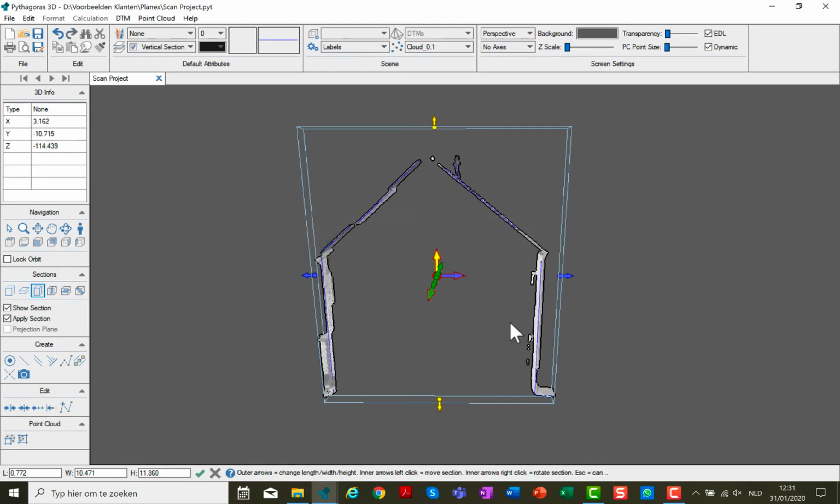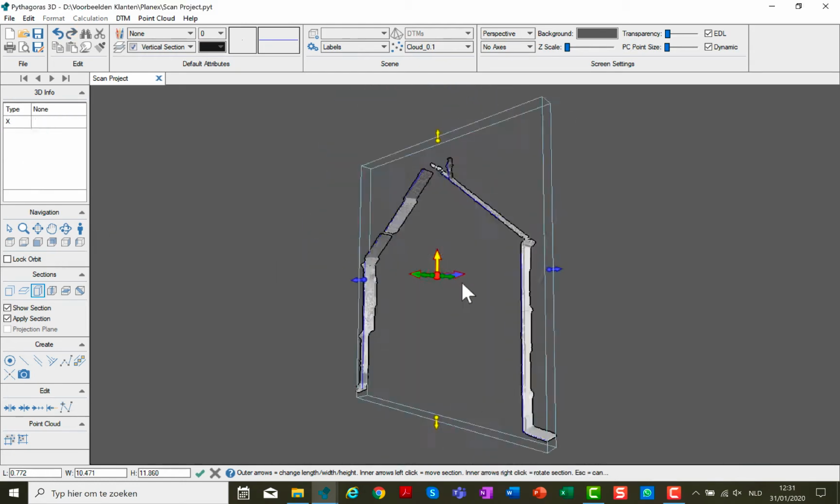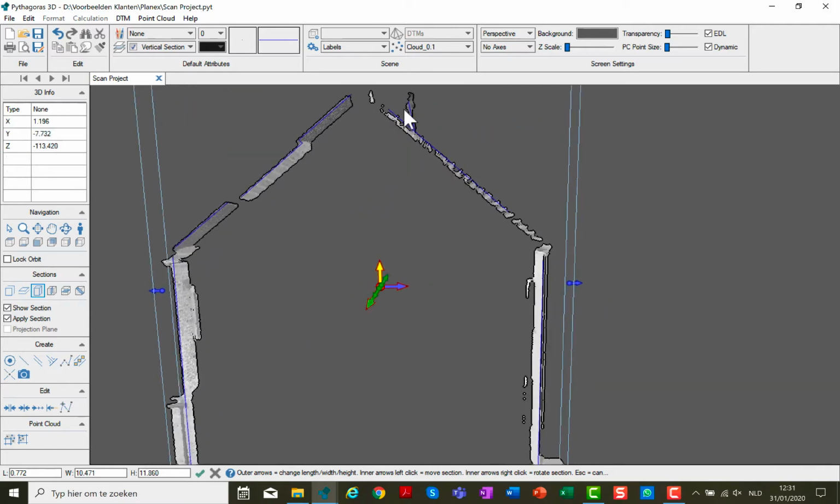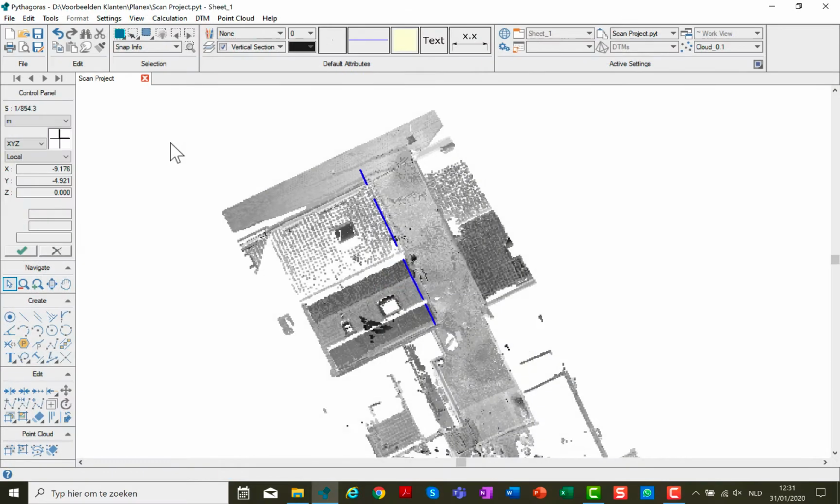The algorithm found 10 lines and drew them in this box in the blue color. Also, this vectorization result is visible in the 2D window. We see the blue lines.